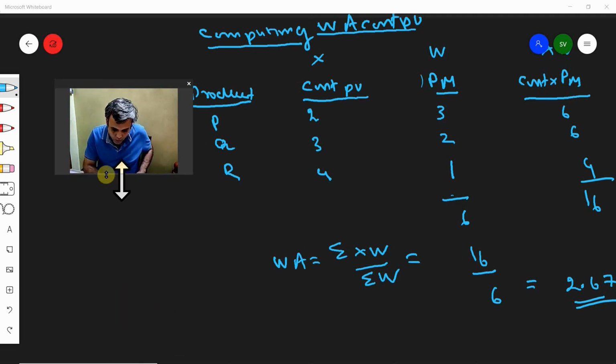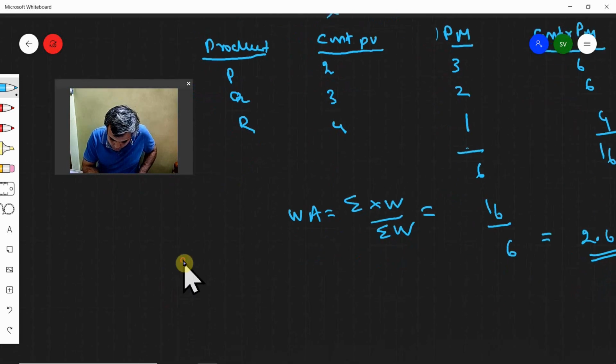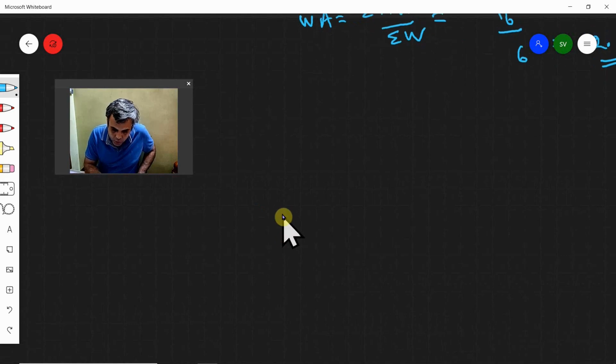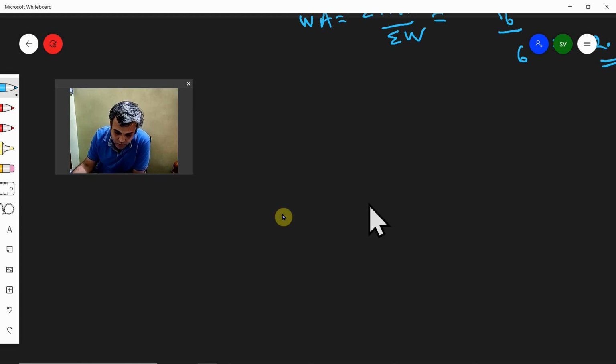So, I have just now showed you how you calculate weighted average contribution per unit, and I also told you product mix is to be used as the weights. Now, why? There's a big question, na? What is the logic of this formula? Don't mug up the formula. It's quite simple and logical to understand. Once you understand it, then you can use the formula to save time in the exam, right? So I'm going to now explain why fixed cost by weighted average contribution per unit is the formula, right?